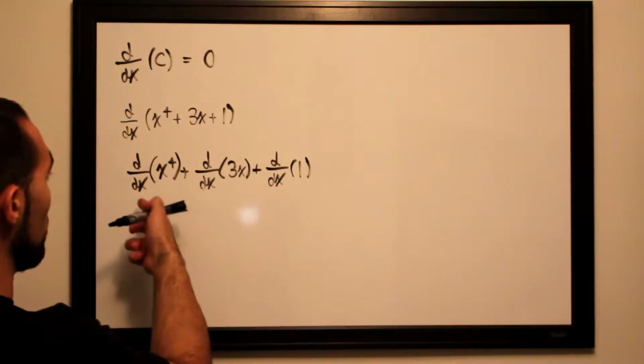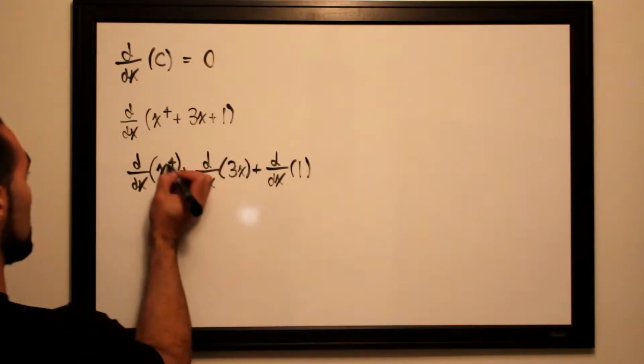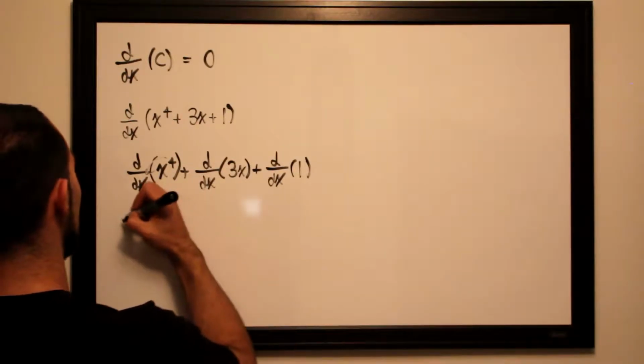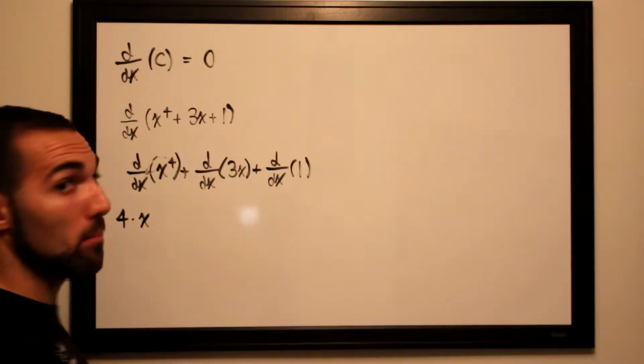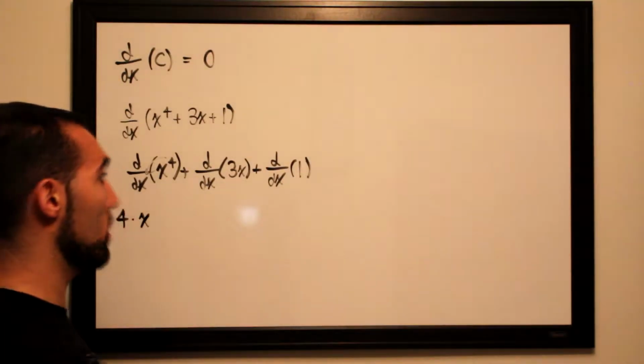So if we wanted to take the derivative of x to the 4th, we would drag the exponent down. So this would become 4 multiplied by x to the n minus 1, which will be 4 minus 1, so 3,